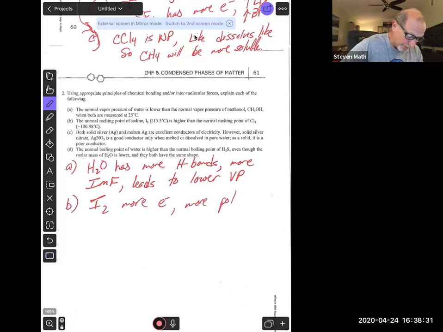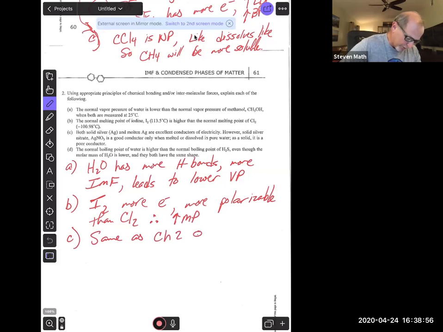Watch me sneak this one in. More polarizable than Cl2, and therefore higher melting point. And then I realized C is the exact same question, same as